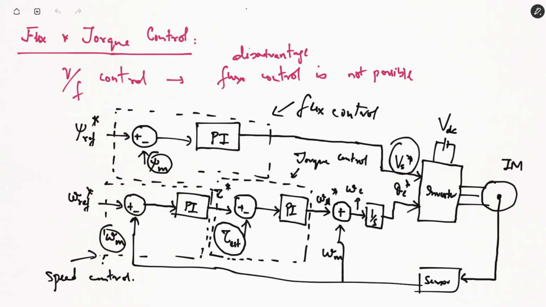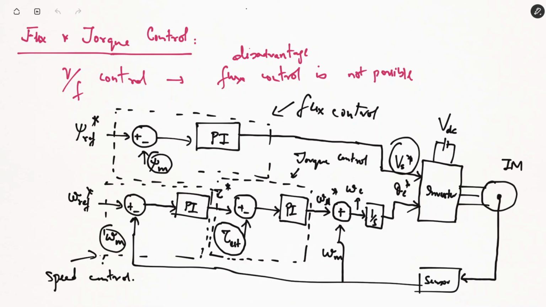So to incorporate flux control strategy, we have designed a flux and torque control loop. Now, we will design according to the requirement of the application. If we only require speed control in any application, there we can use variable voltage, variable frequency, we can say volt hertz control. Fine. Where we want our system to also be efficient, we want the system losses to be less, there we can employ the flux and torque control strategy. Okay. So here we can control the flux as well as the torque.